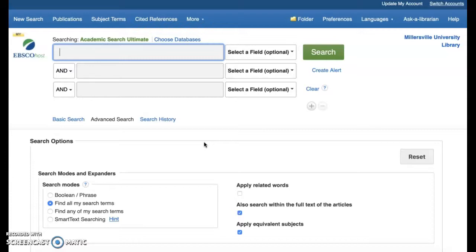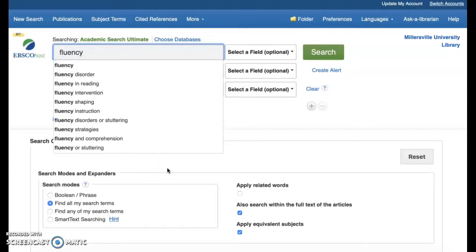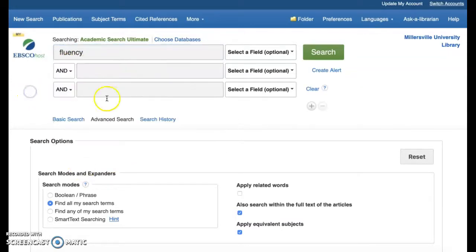So let's say you wanted to learn more about fluency. All right, so I'm just going to type in fluency. Now the search engine has some suggestions for me, which you can certainly click on. I'm just going to go with fluency, and then